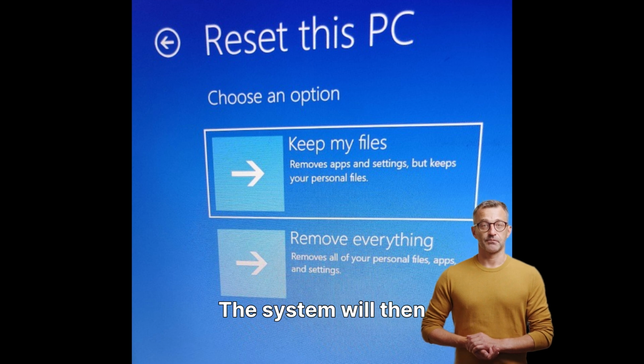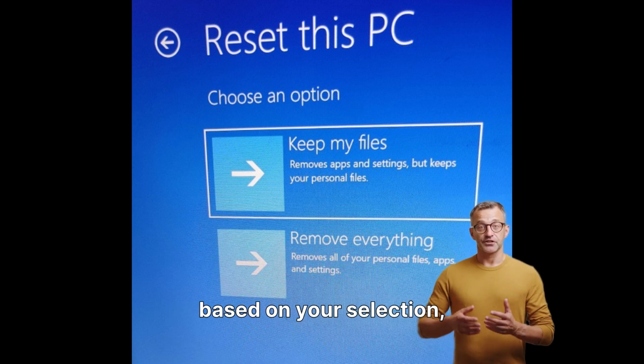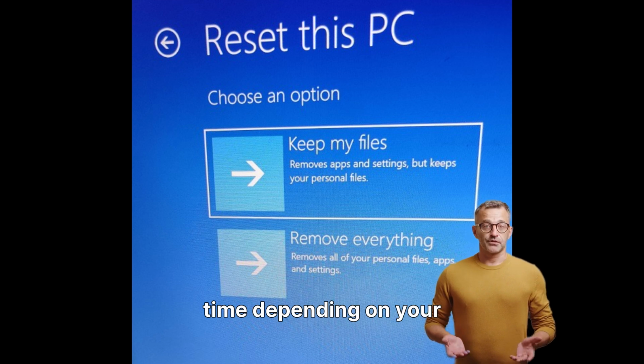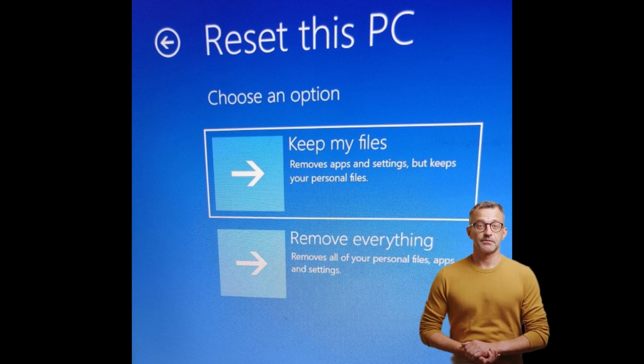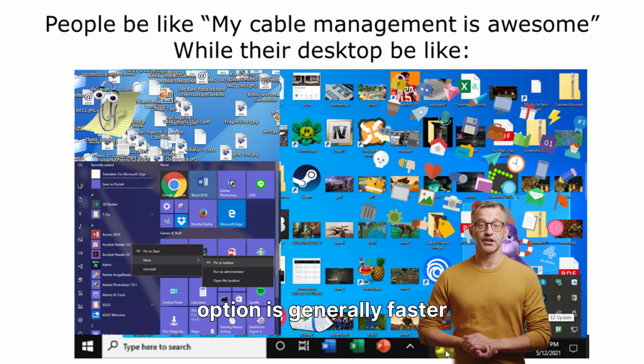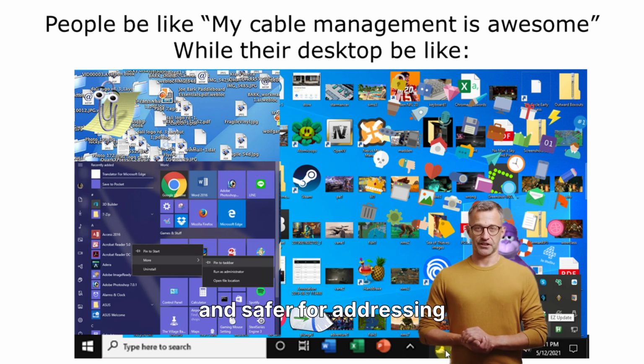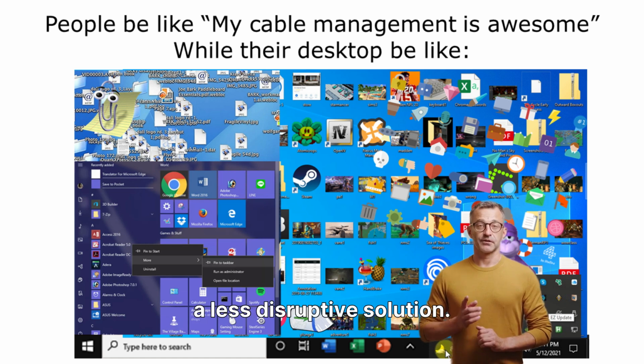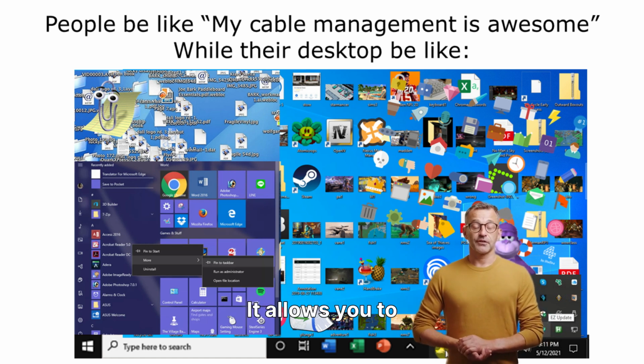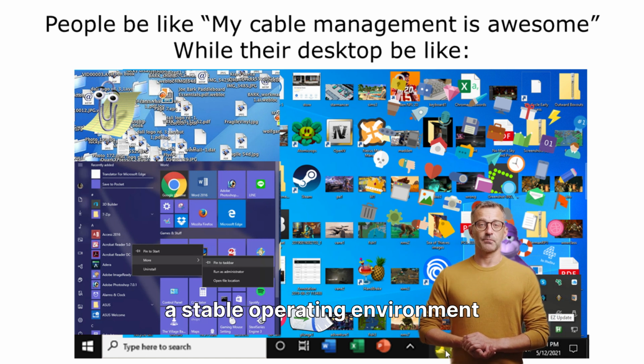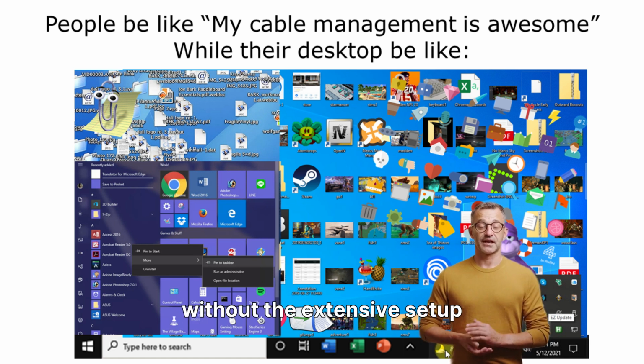The system will then proceed with the reinstallation based on your selection, which may take some time depending on your PC specifications. The Keep My Files option is generally faster and safer for addressing minor system issues, offering a less disruptive solution. It allows you to quickly get back to a stable operating environment without the extensive setup required after